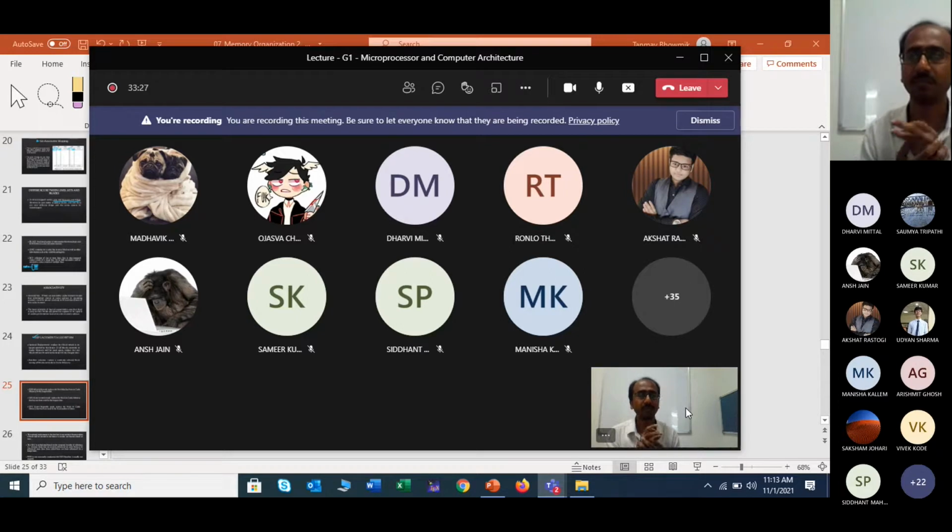Now we are taking the example of LRU, least recently used. That means the room that has not been used for a longer time. So think that before 3 years, before 2.5 years, before 2 years, you have been assigned all the rooms. Now, who was assigned a room before 3 years?